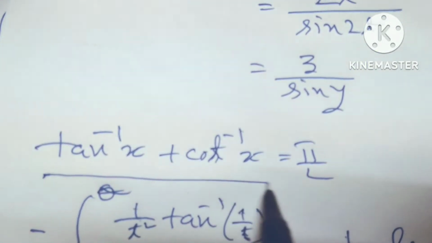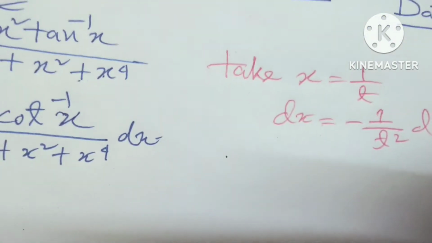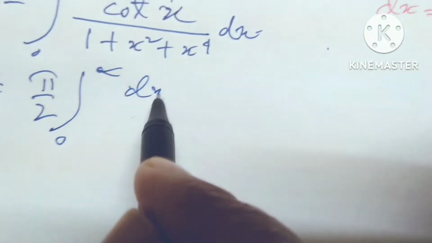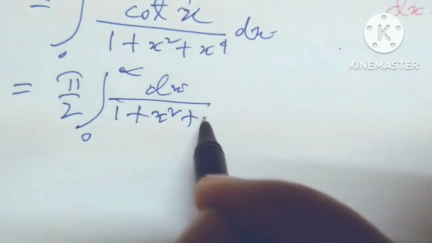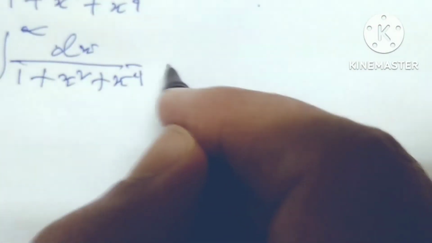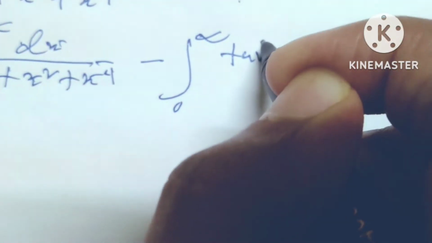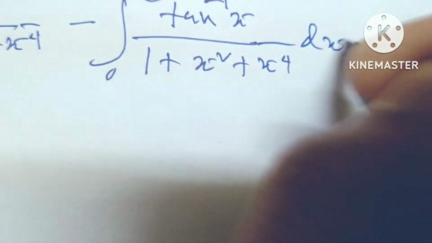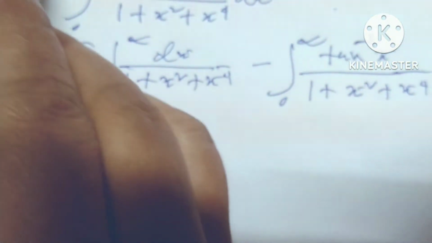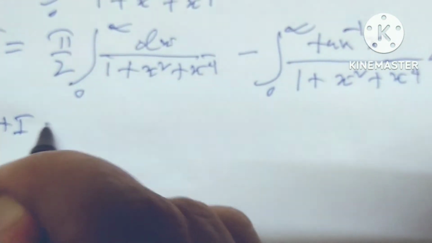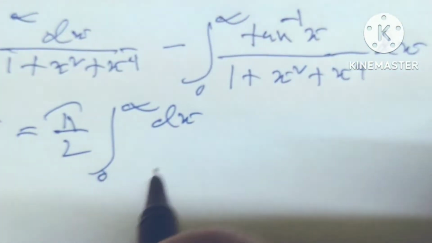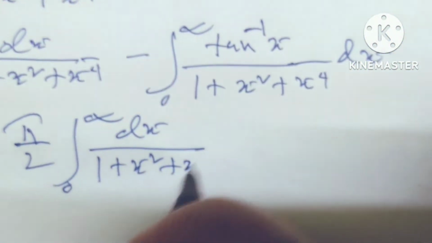Now I use this identity. You see that tan inverse x plus cot inverse x equals pi by 2. So I can write this way: pi by 2 integral 0 to infinity dx divided by 1 plus x square plus x to the power 4, minus integral 0 to infinity tan inverse x divided by 1 plus x square plus x to the power 4 dx. Now this I write I, and this I plus I equals 2I, and I can write pi by 2 integral 0 to infinity dx divided by 1 plus x square plus x to the power 4